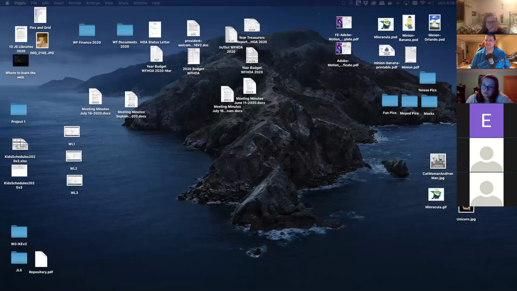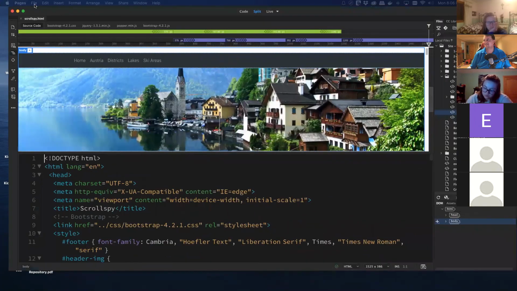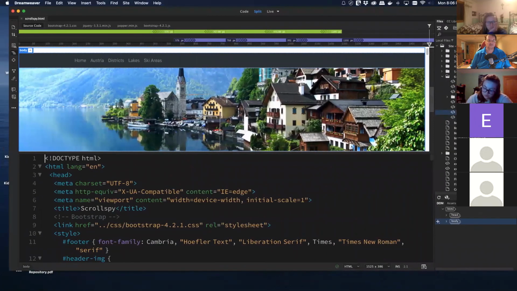Where is everything now? Here, okay. It always makes me crazy if that thing pops over to the other side. Okay,